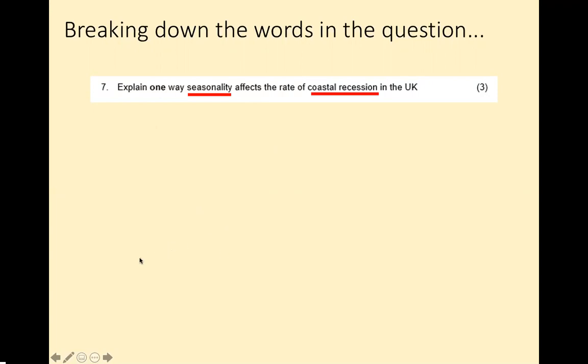So the first keyword in this question, remember it's an explain one, so the structure is going to be point, explain, explain, or point, explain, expand on that same point. So you're not making new points or giving new reasons why seasonality affects the rate of coastal recession. You're giving one clear reason and then developing that reason with explain and expand. Okay, so seasonality is when